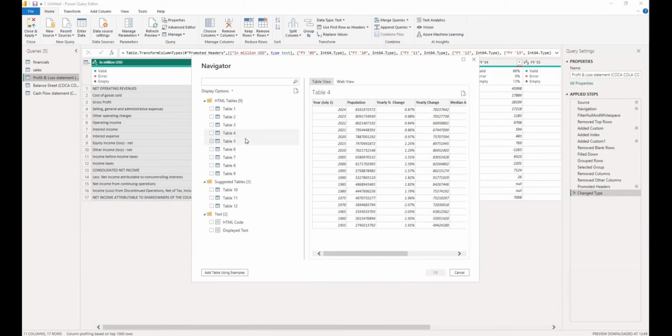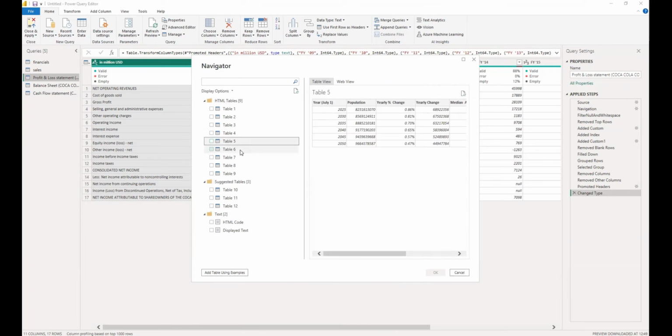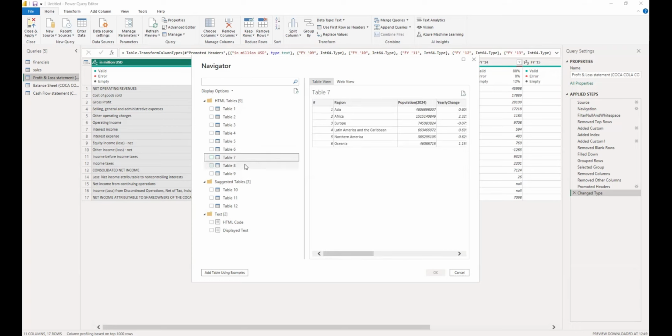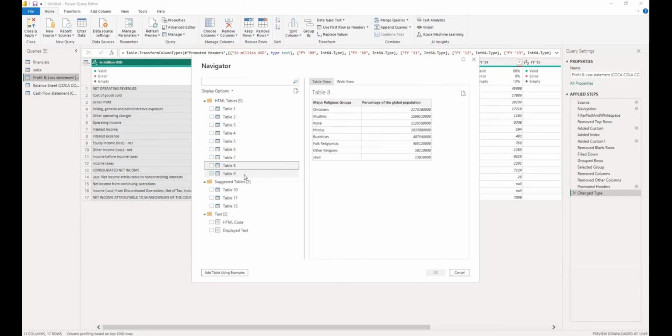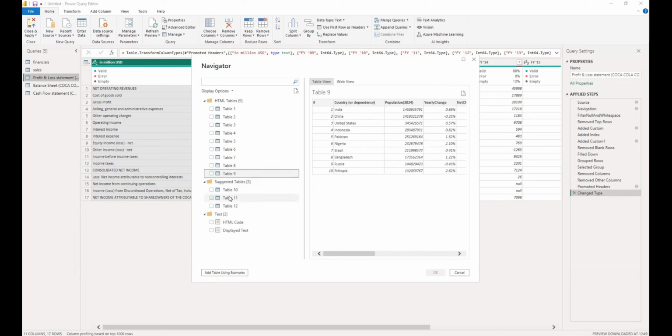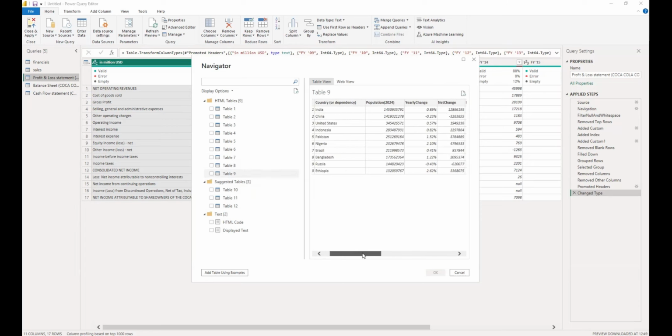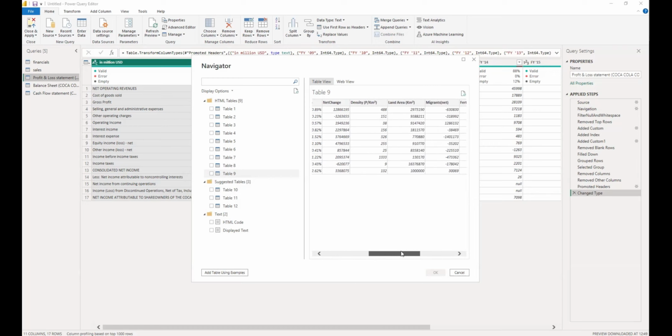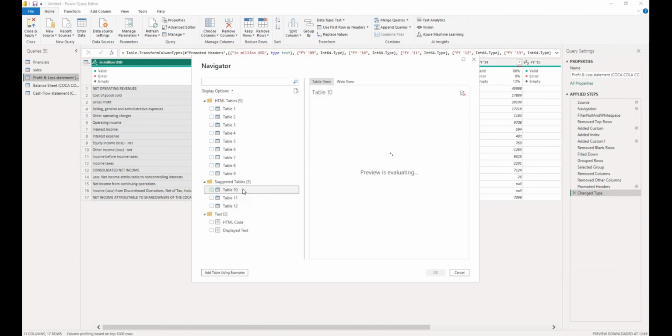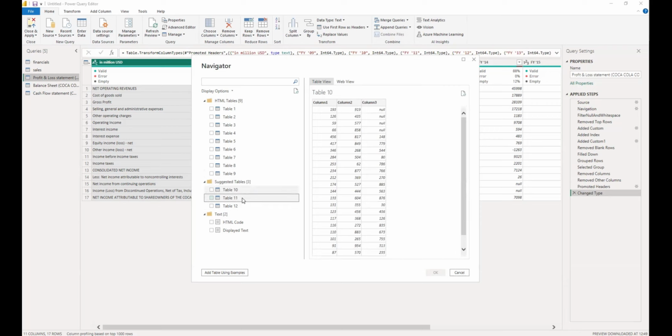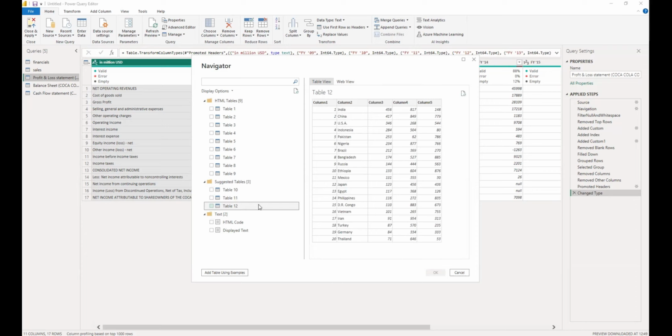So I'm only selecting, which is just to see the tables that I'm looking for, right? So not table 4, let me check 5. Not this, let me check 6. Let me check 7. Let me check 8. I think we are closer. Let me check 9. That looks like a top 10. I don't want a top 10. I want the full table. So let me check this. Let me check that. Let me check this. Yes. That kind of looks like